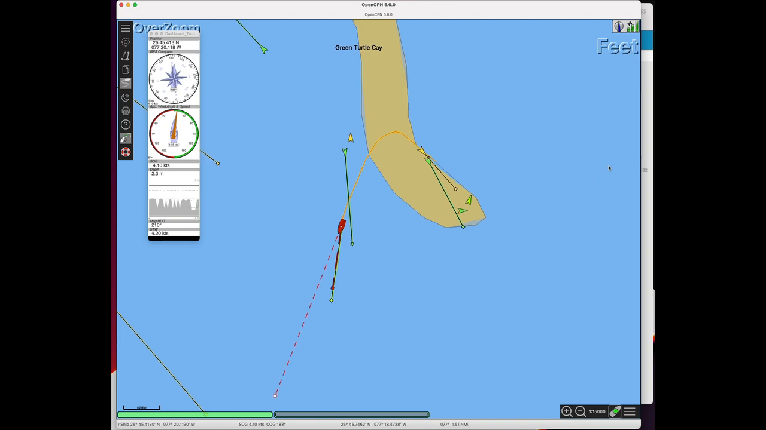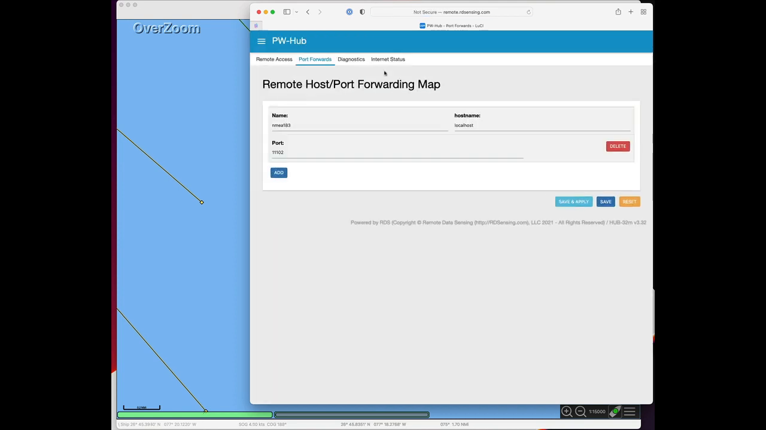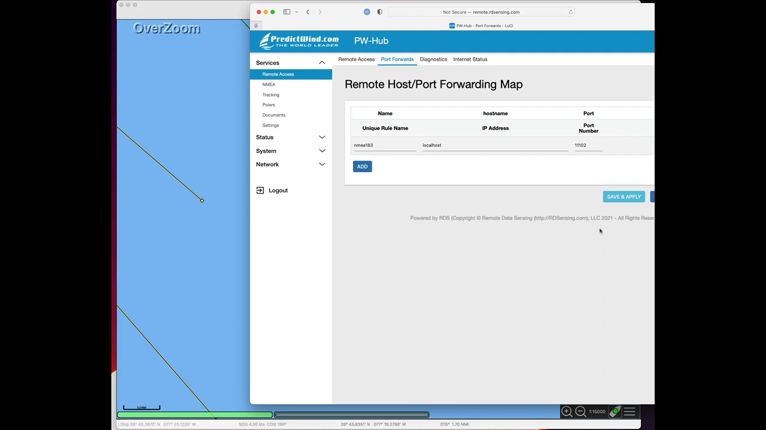So we have Bob Etter in the Bahamas right now. I'm currently in Tennessee, and he's underway. I'm logged in remotely to his hub, and we see that he's got remote access enabled, and he has his NMEA port mapped to remote support. So if you take a look at the port forwardings here, you see that NMEA 183 localhost 11102